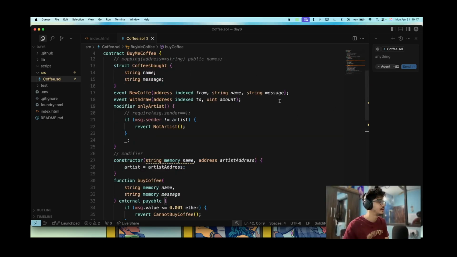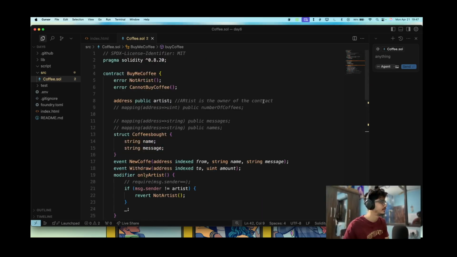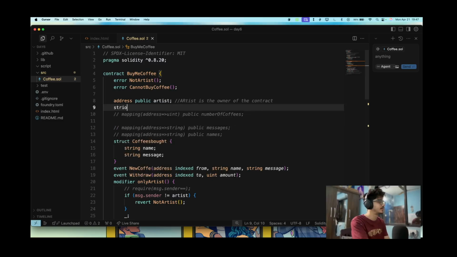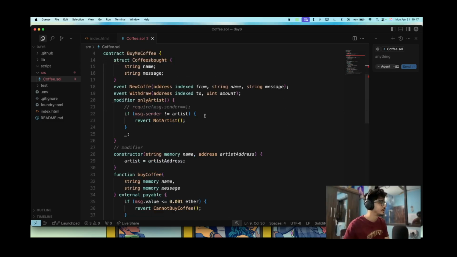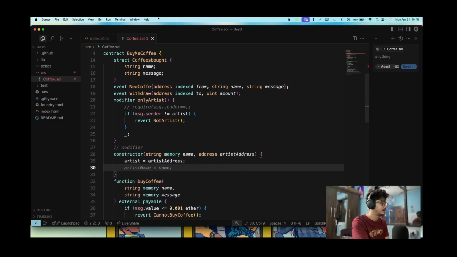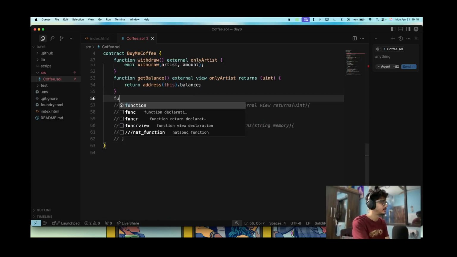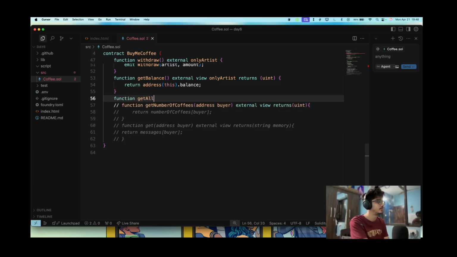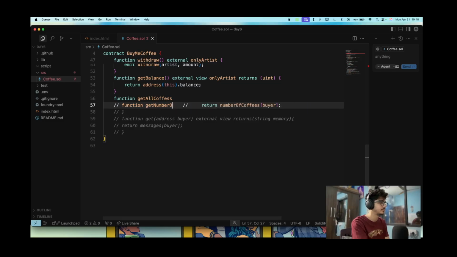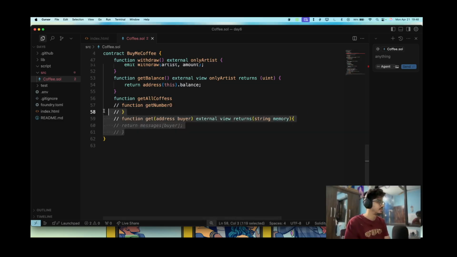And yeah, we need an artist name also. So string memory artist name, and when we go down here in the constructor, we can write that artist name. Okay, that's it. Get balance function, get all coffees. Let's remove that. Okay,